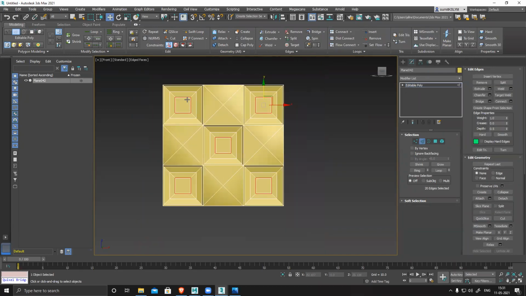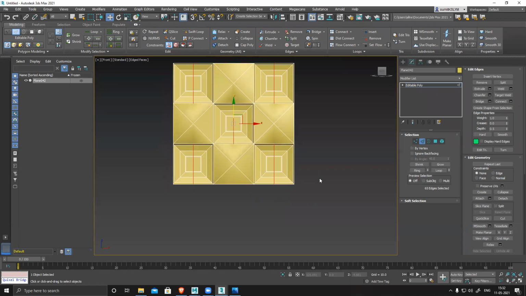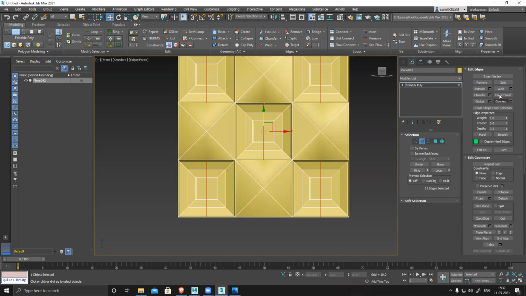Edge mode, all the edges, all of the edges, and this all. I'll select and click on connect. It will create this straight line in the center. Now I got the perfect center line. Now I'll go to cut.